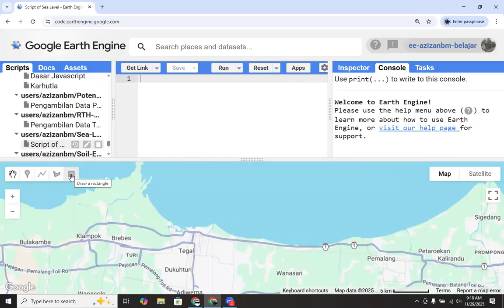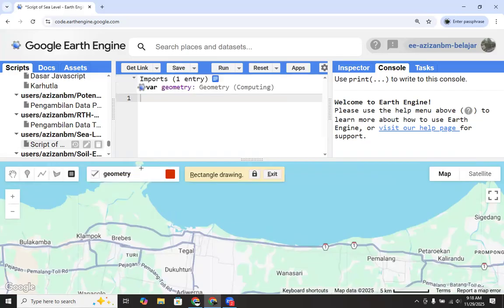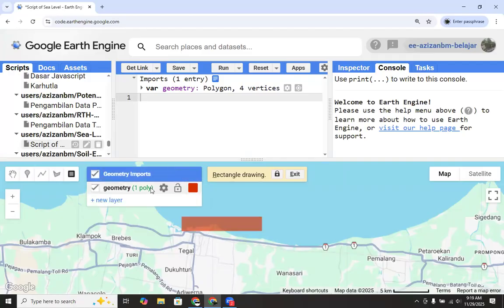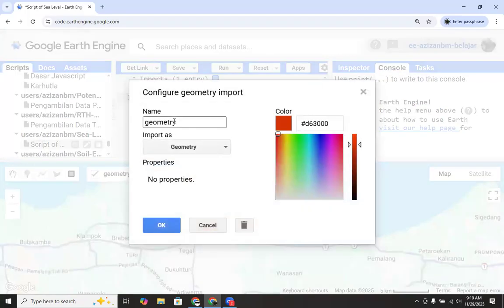We can choose the area by using the draw rectangle tool, and then we define the area. And then we can change the name of the variable from geometry. So let's say we change the name to area of interest, or AOI.